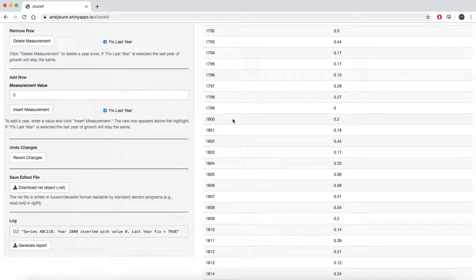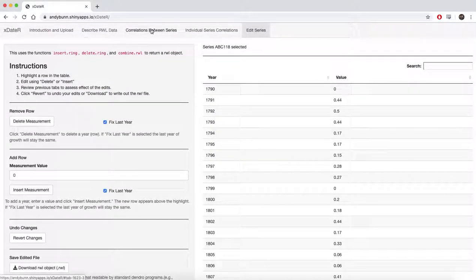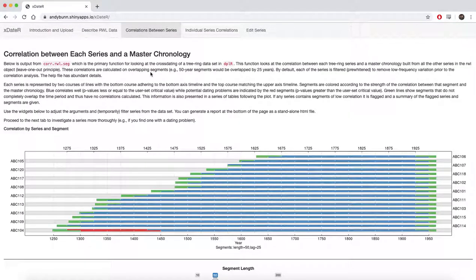So we inserted it actually here in 1799, because we highlighted 1800 and it inserted it the year before. That may or may not be right. I wouldn't, at this point, say the RWL file was good to go, upload to the ITRDB or whatever. What I would do at this point is actually go back and look at my correlation plots and see if